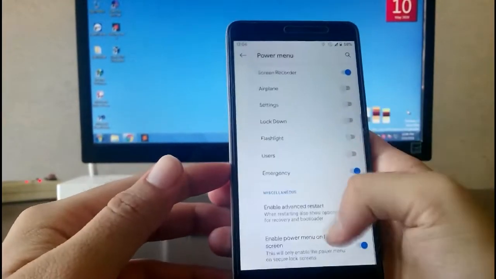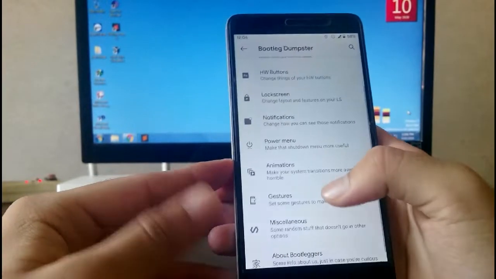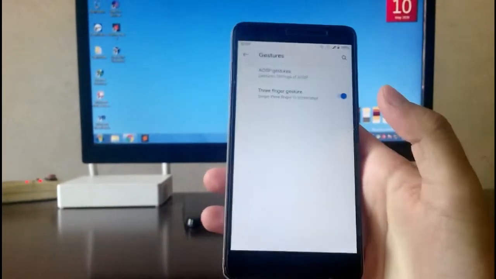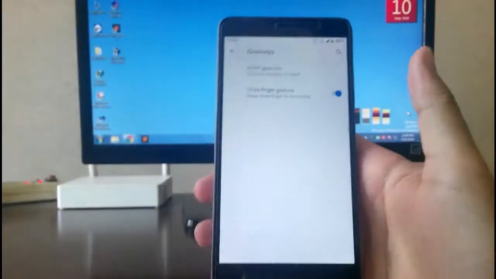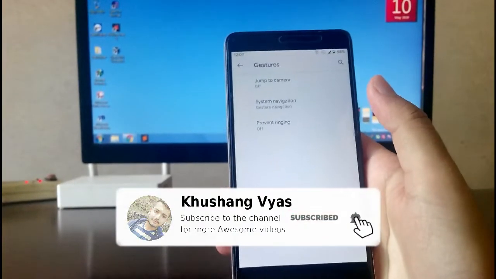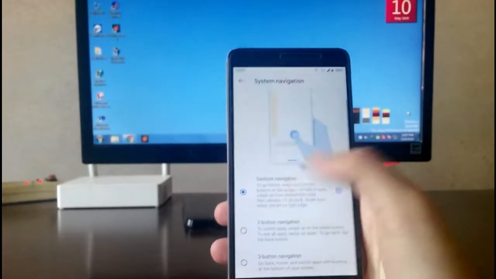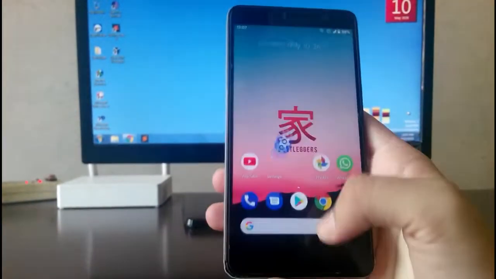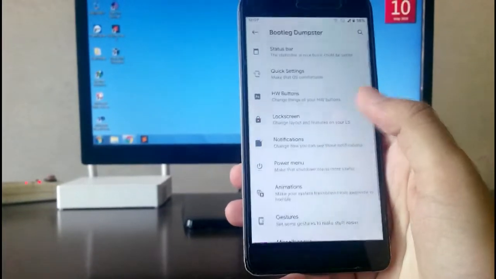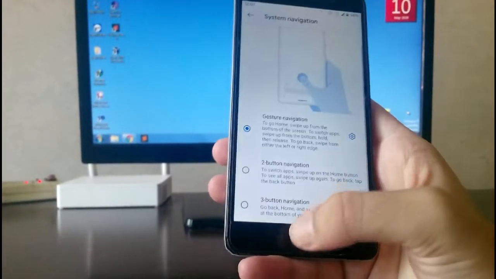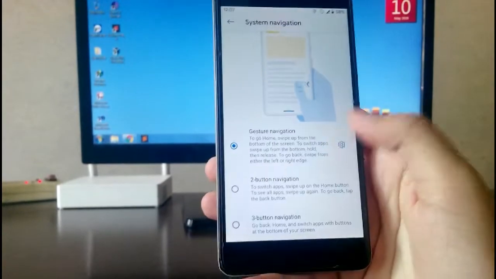Then the power menu, whatever you want for the power menu. Then you have this animation customization, only the screen off animation customizations are available, no activity open close customization. Then going to the gestures, you have the swipe 3 finger for the screenshot available, and the long screenshot option is also available here. Then going to the AOSP gestures, you have this system navigation, the gesture navigation available. The gesture navigation works fine, but the back gesture does not work as usual. If you want to disable the hardware button, then the back gesture will work perfectly fine.